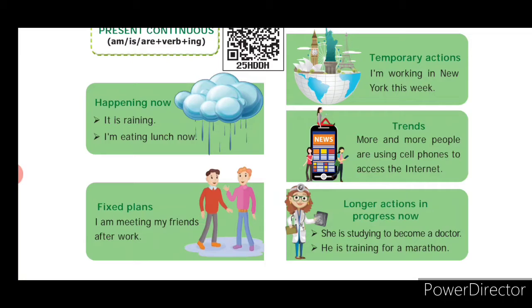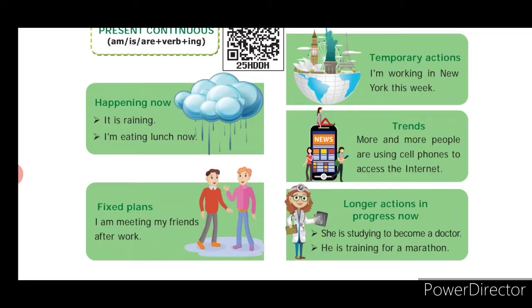At present, what am I doing, children? I am taking class. I am teaching class. I am taking, that is take plus ing, taking class. So present continuous tense is used for an action that is going on now, that is at the time of speaking. So what is the structure of present continuous tense? Subject plus am, is, are plus verb plus ing.